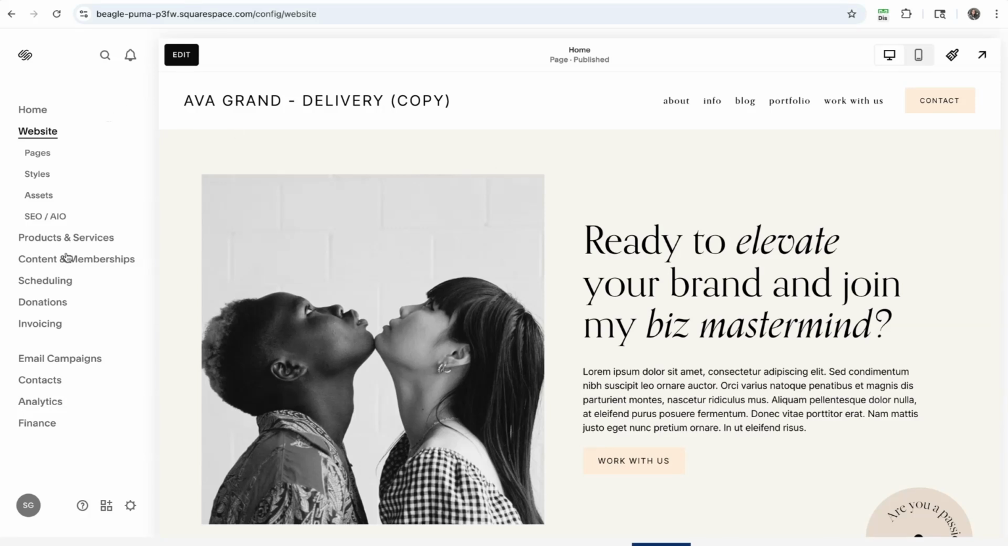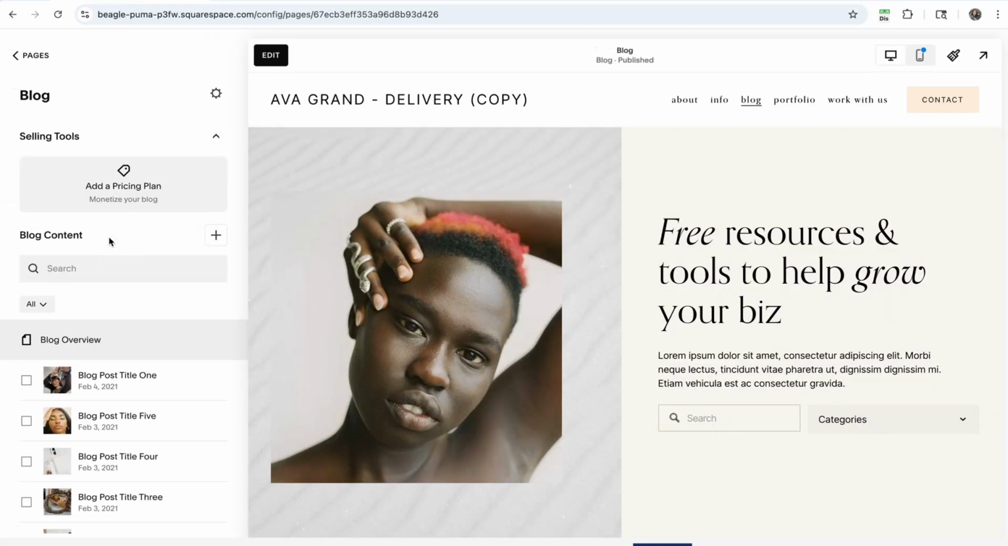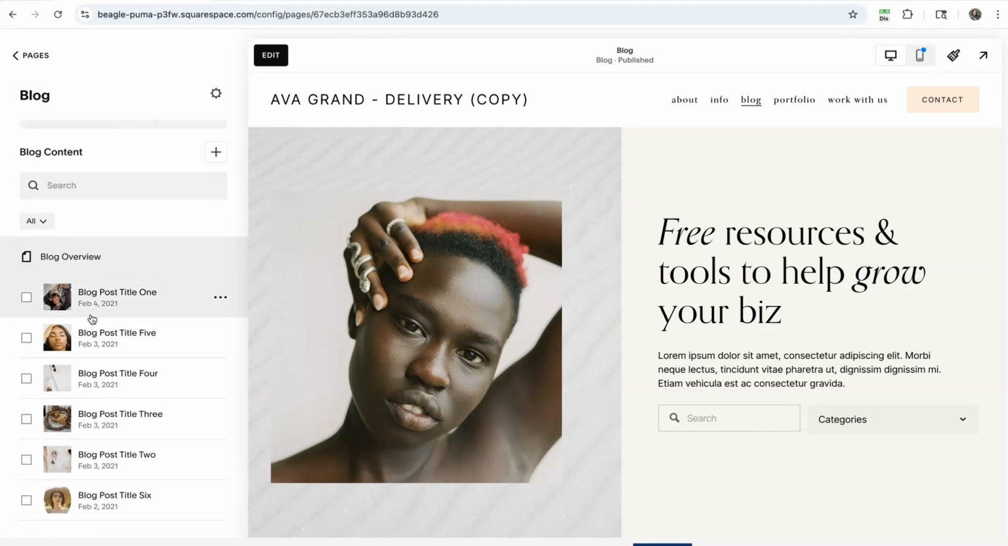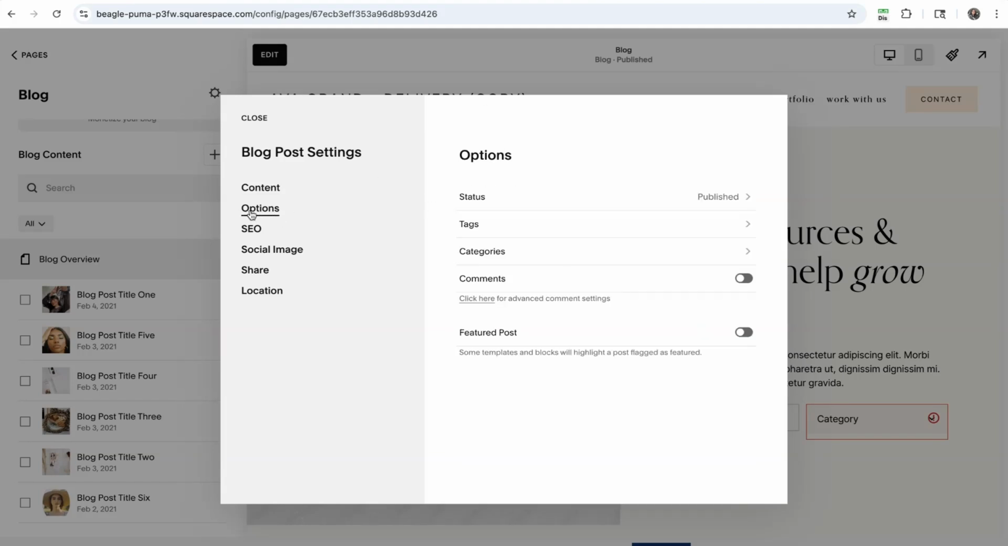First, we will dive in with Squarespace 7.1, and you're going to want to navigate to your Pages panel, and then click into your blog. And then in this main blog panel here, you're going to want to hover over one of your published posts and click on the three dots to the right of your post title, and then click on Settings. Then in this Settings window that pops up, go ahead and navigate to the Options tab, and then click into